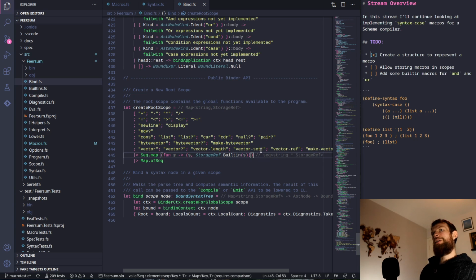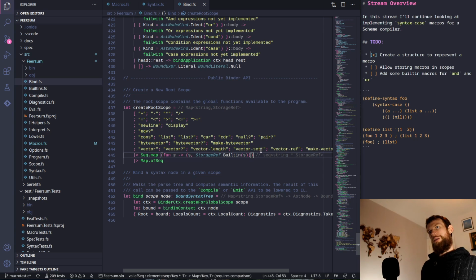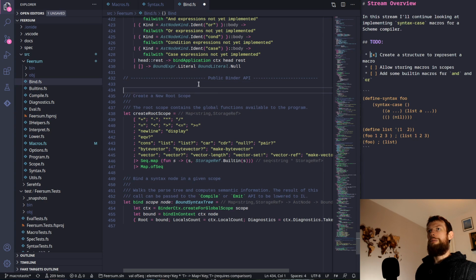So in the binder we have this declaration here, which is what we use to build up the scope, the root scope. So this is all a declaration of built-in methods. I mean, it's not the greatest way to get them because you have to duplicate the method name here and the declaration in the library. But for the time being,